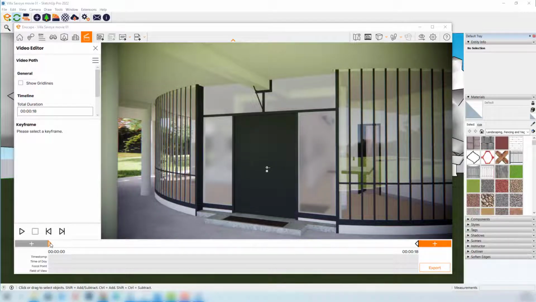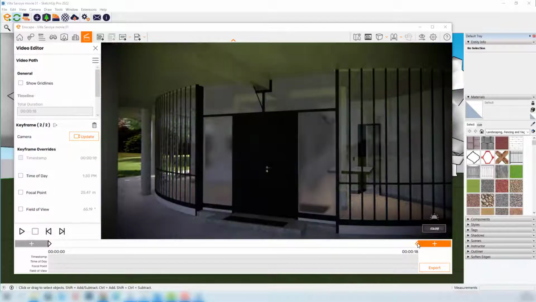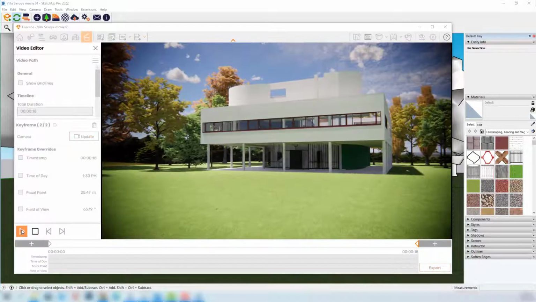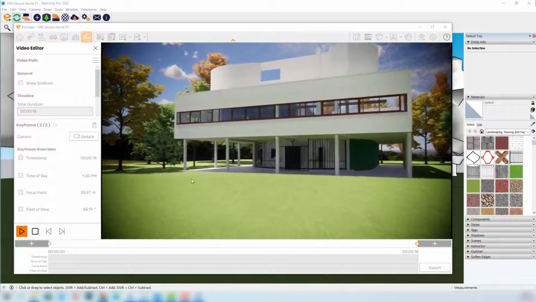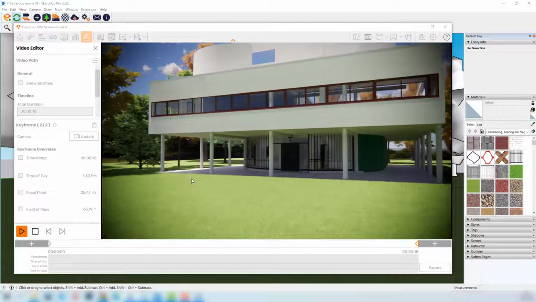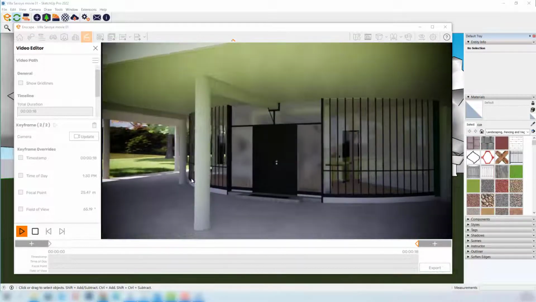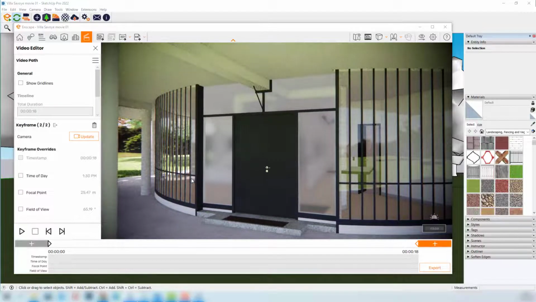If I click on the first keyframe, I'll go back to the first position, and if I click on this second keyframe, I'll return to the keyframe that I just created. If I click this preview button, we can already see the animation, which is basically the transition between these two frames. So all the interpolation was created by Enscape, and that's why the computer is very useful when we work with